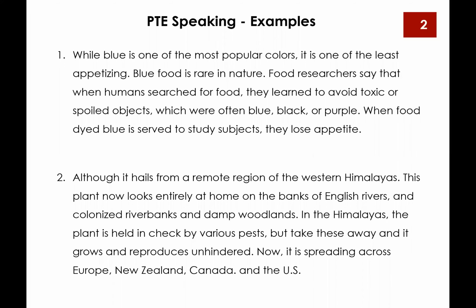All right, so today we're going to practice our pronunciation, enunciation, and intonation through PTE speaking sentences. So first of all, before we start, we need to know where we want to pause or where we want to stress. And it is usually or mostly on our independent clause and strong word choices.